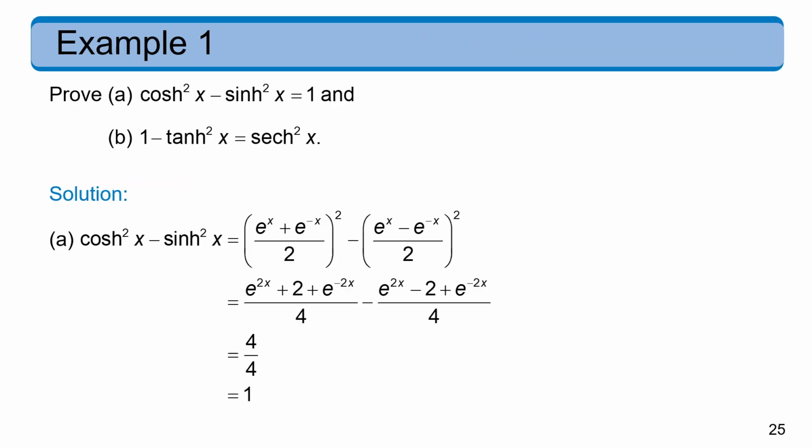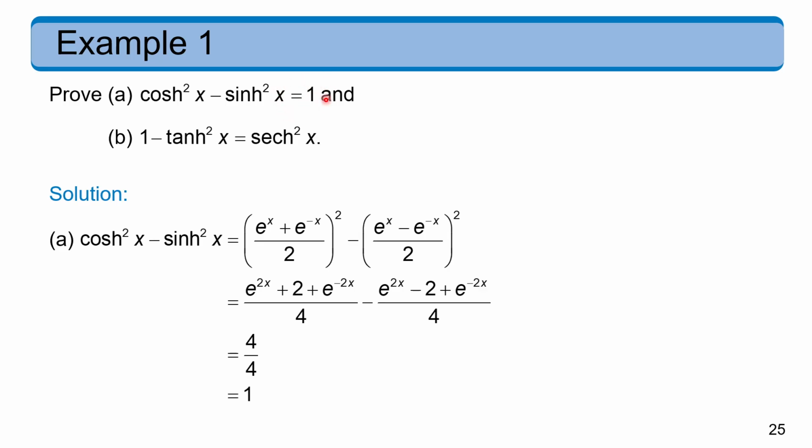In this example, we're going to prove two of the identities from the previous slide. These are the two Pythagorean identities that we just saw. So let's start with this first one. Hyperbolic cosine squared minus hyperbolic sine squared equals 1. So we start by taking the left side as it is, and we're going to simplify it until we can